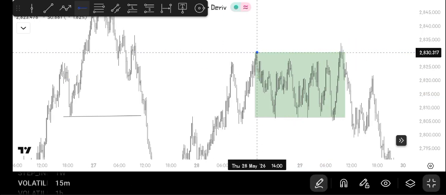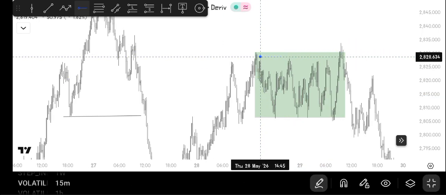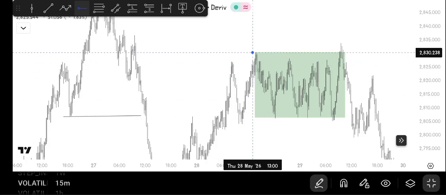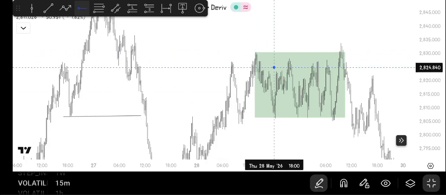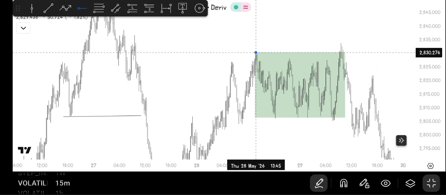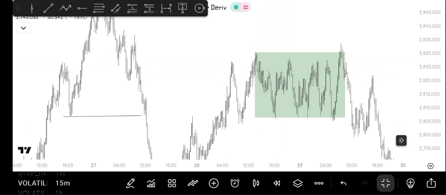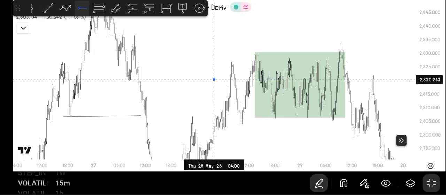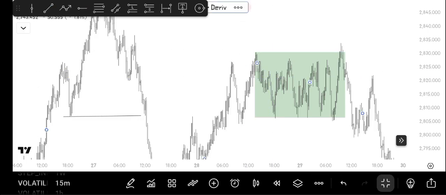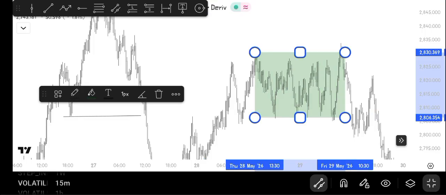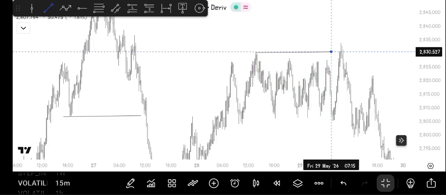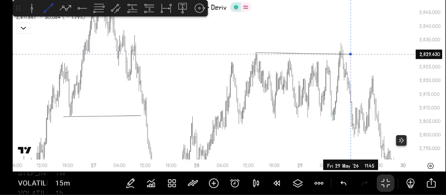After I marked this as my inducement, because I knew price is going to give a breakout after this consolidation. This was the high, the low, and this was the last high before price started consolidating. Definitely I knew this high is going to be used as our inducement, or the liquidity. Now let me remove this box right here. So I mark out the liquidity, I mark out my inducement, and now